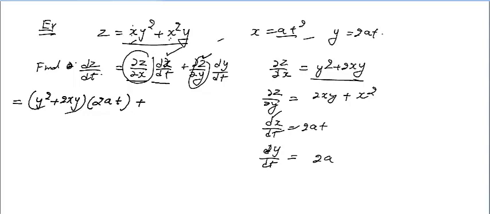And the value of this is equal to 2xy plus x square, and the value of this is 2a. Now another important point, student, you will not write the answer in x and y. Sometimes students leave the answer in this form, x and y. No, you have to substitute the value of x and y.